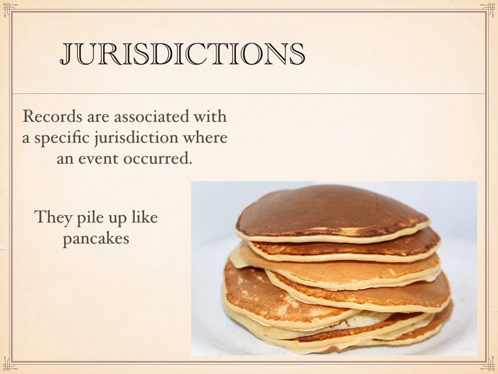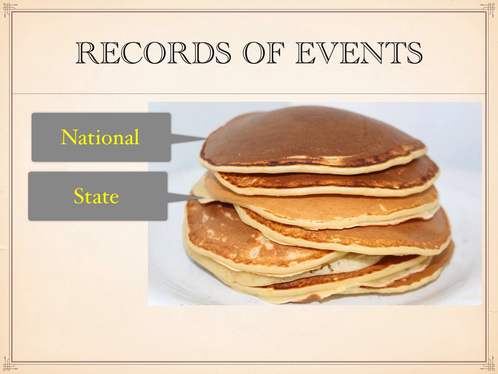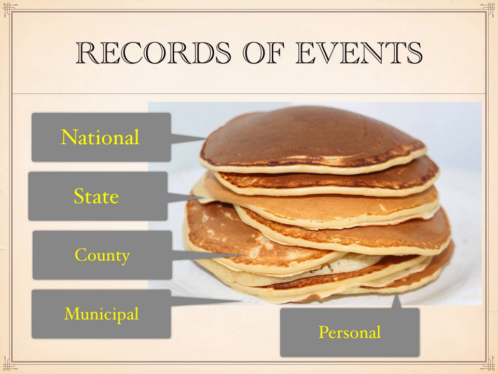If it's a county school district, it's possible the records could have been kept by the county. If the state controls all of the schools, then the state or province may be the area where the records are kept. So part of the process of doing genealogy is identifying these jurisdictions where records are kept. Now, the records can be kept, as I mentioned, on any of these different levels. There's a national level. In the United States, we would go to the state level next, then to the county level, a municipal level, and also a very personal level.